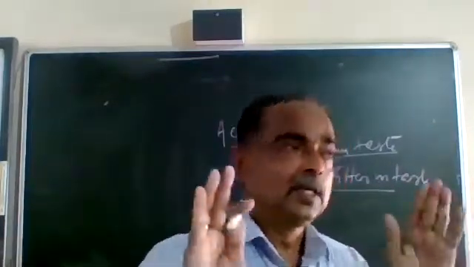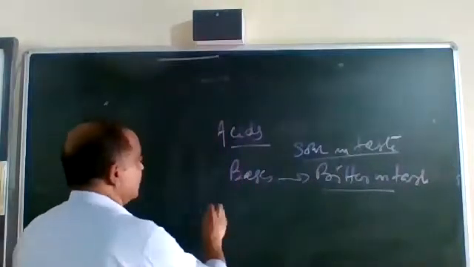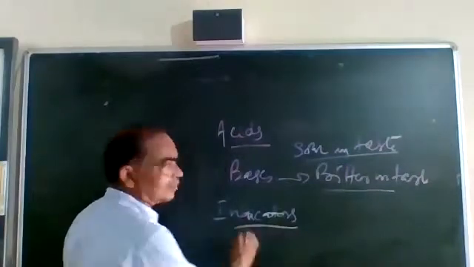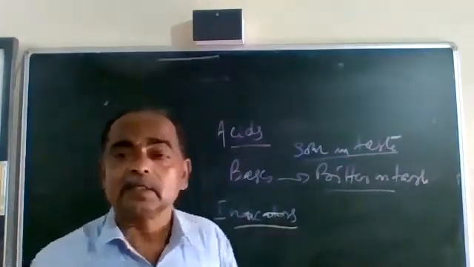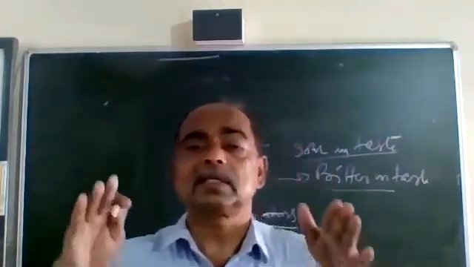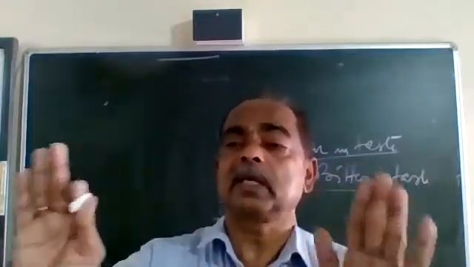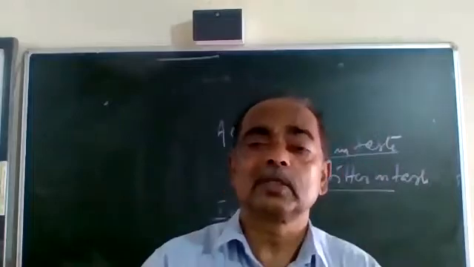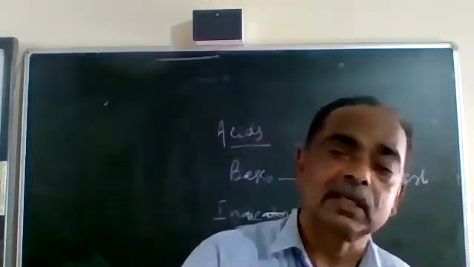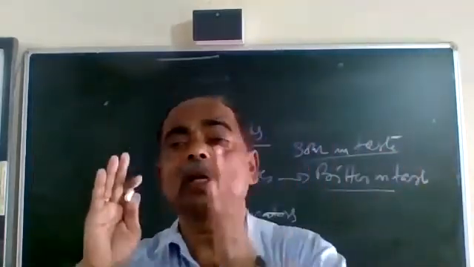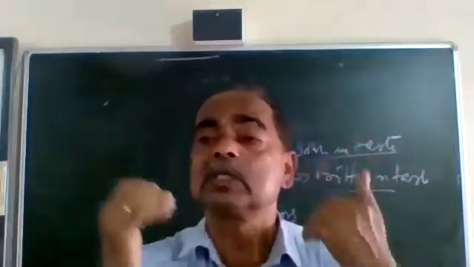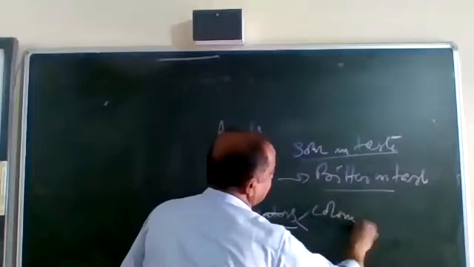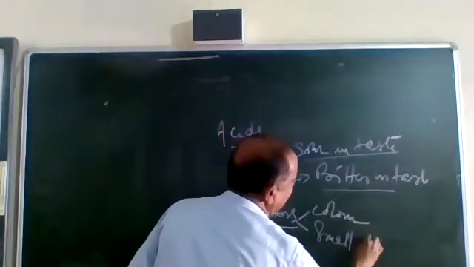All right. Now let us come back to the chapter. We are now studying indicators. What are indicators? Indicators are certain substances which indicate, they show something. What does it show? It shows whether the material is acid, alkali, or a neutral material. And how does it indicate? By changing its color, smell, etc.